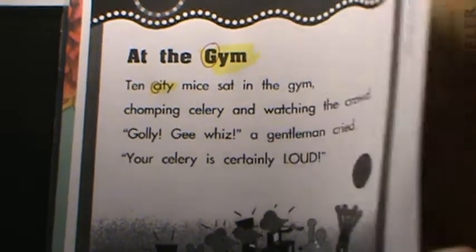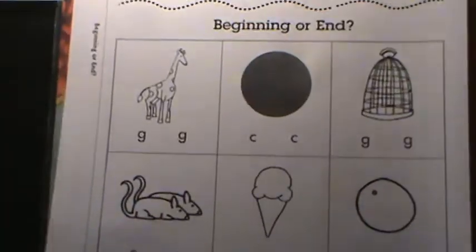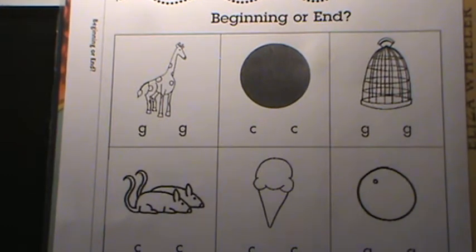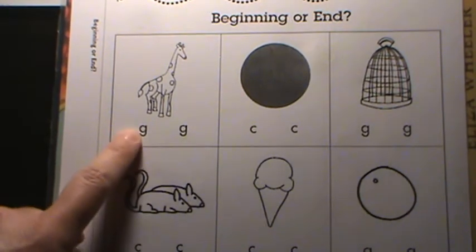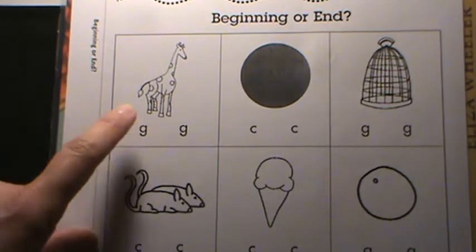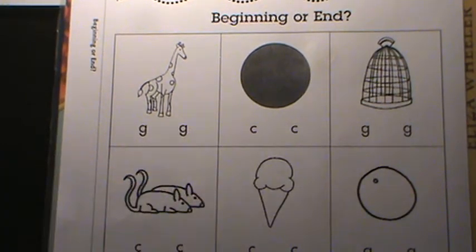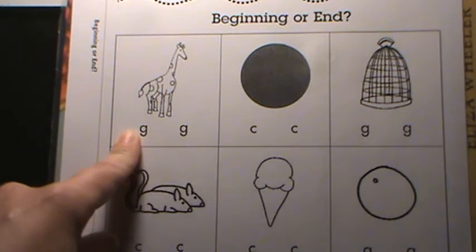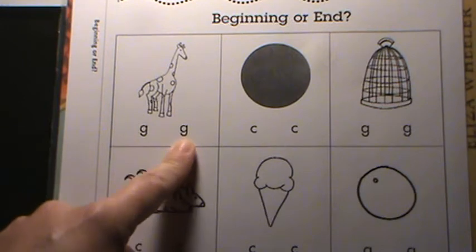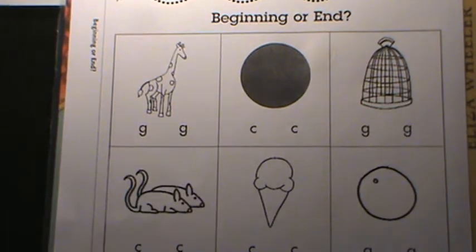And if you flip it over, you are going to see BLM 4. And it is called beginning or end. So students are going to circle the first letter with the picture if you hear a soft G or a soft C at the beginning of that word. You're going to circle the second one or the last one if you hear it at the end of the word. So for example,